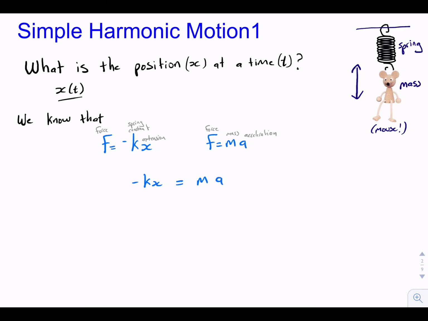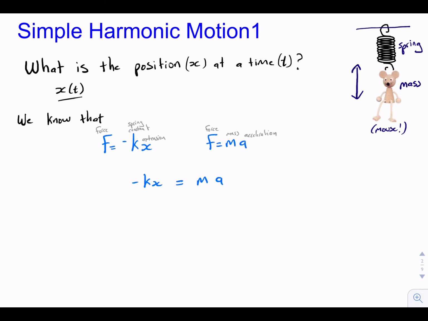Now you might be thinking that this doesn't really help too much, that we're looking for a relation that tells us the position x at any time t. Another way to say this is we want to know if we can plonk in a value of t, say 3.4 seconds, and calculate a number for x. But at the moment all we've got is minus kx equals ma, and we don't know anything about a, the